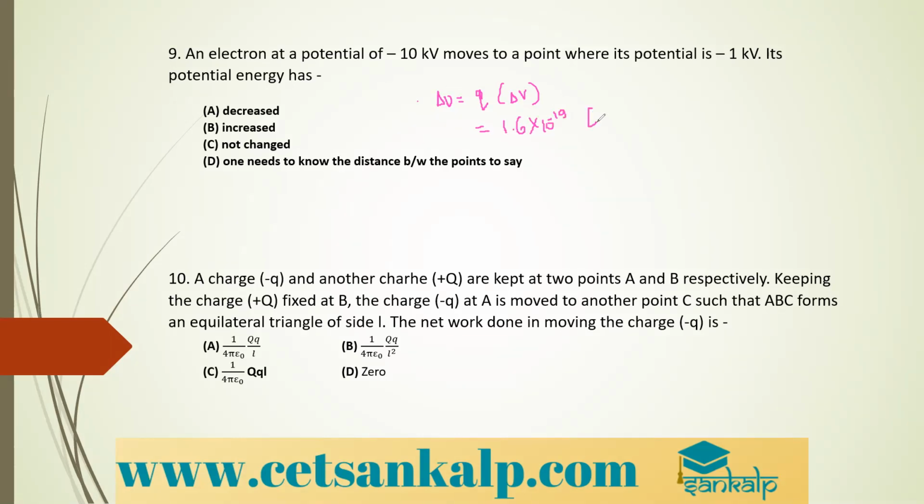That is the change in the potential, so it is minus 1 minus 10. Here the common factor is what? Both are kilovolt. Therefore, I can take 10 to the power of 3 outside of the bracket. So if I simplify this, you can see the answer you are getting is negative.